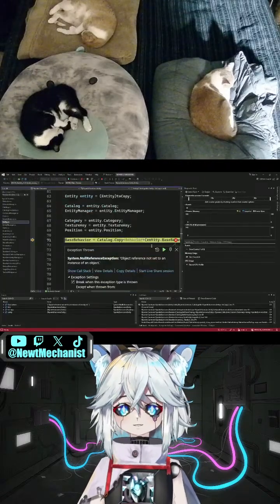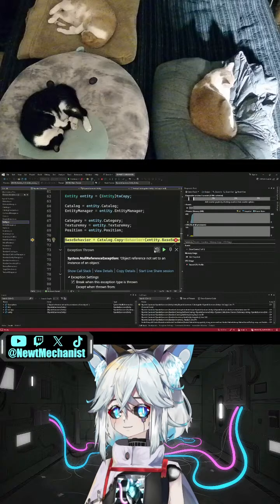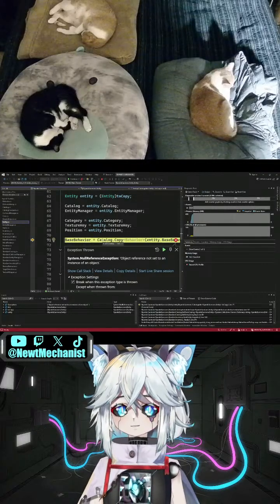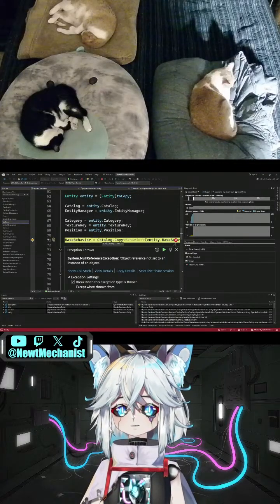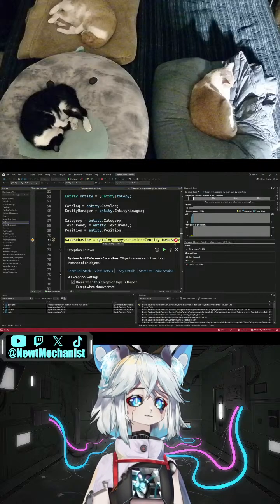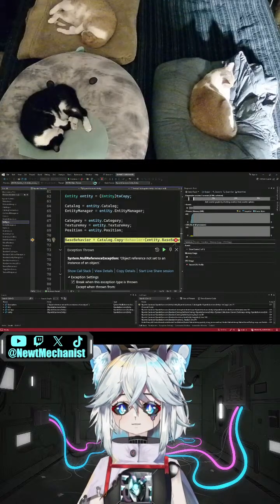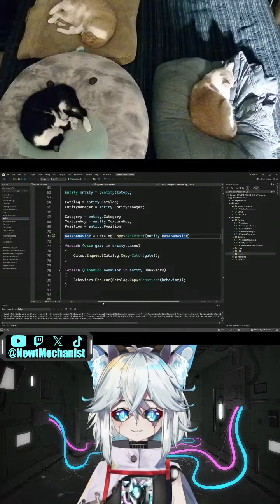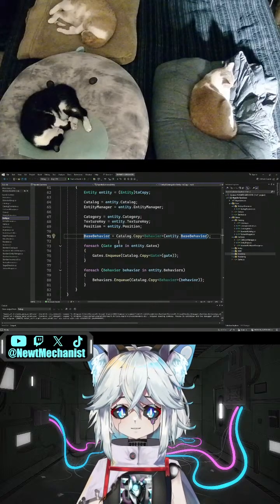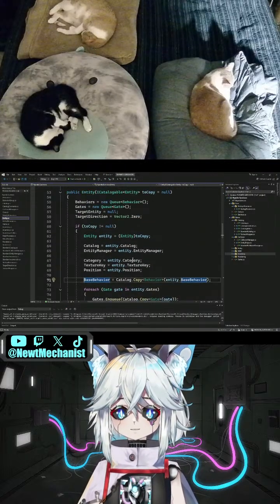We can still store it off, but now in Entity Manager,